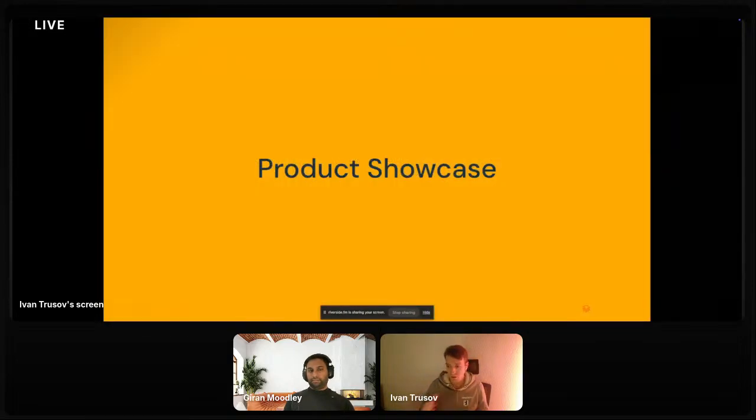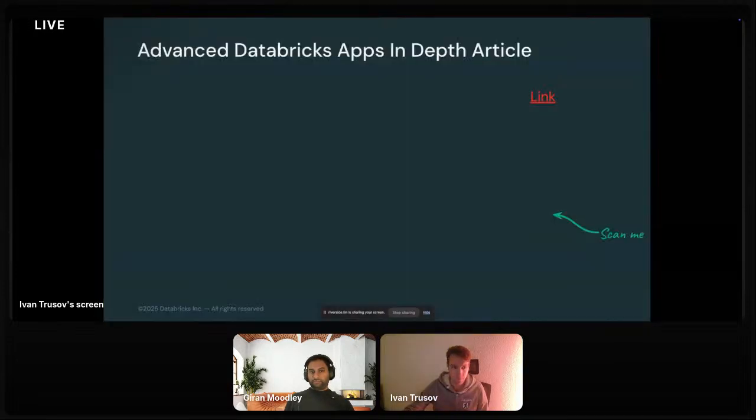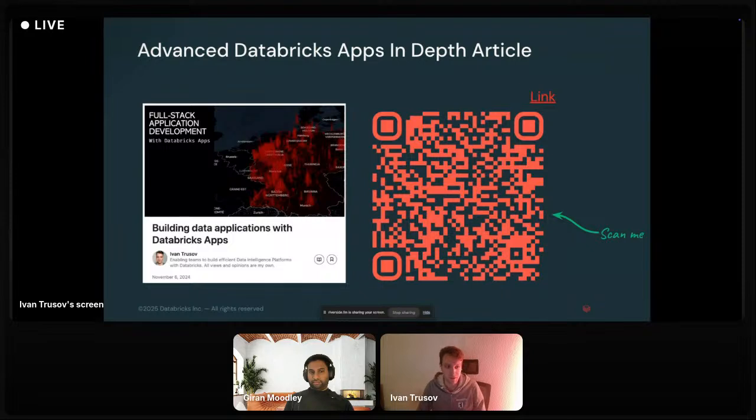Now, given all these pieces of advice and all of the context, I would suggest we take a look at an actual product example which is built using Databricks Apps. I wrote a blog post which explains this in particular detail with all of the necessary things you might be looking for. The blog post is public.